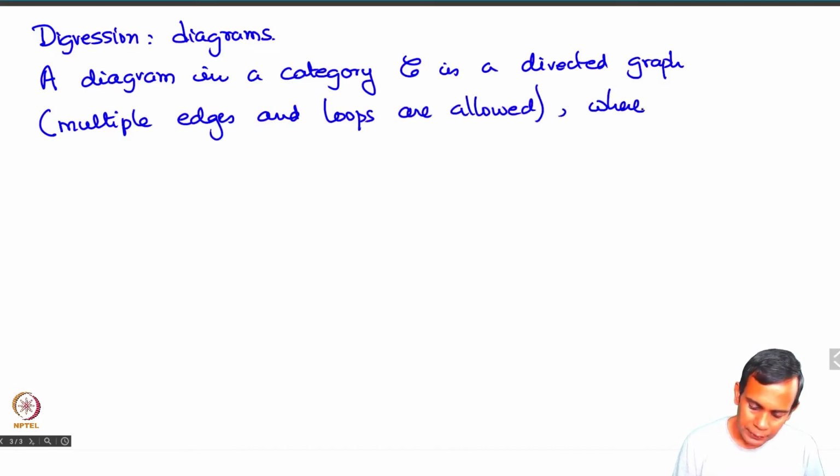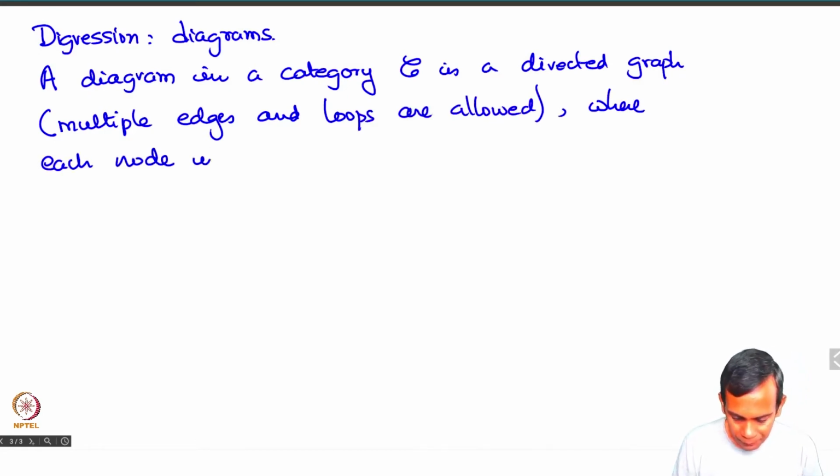Where each node of the directed graph is labeled by an object of C,